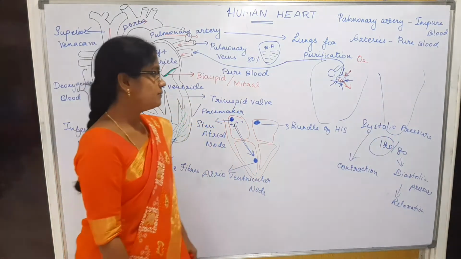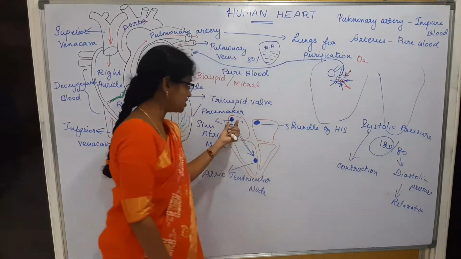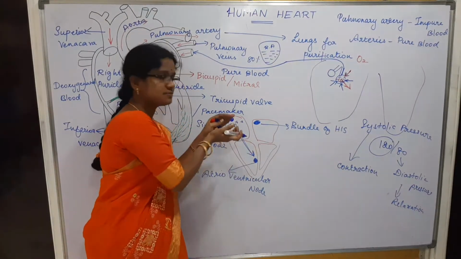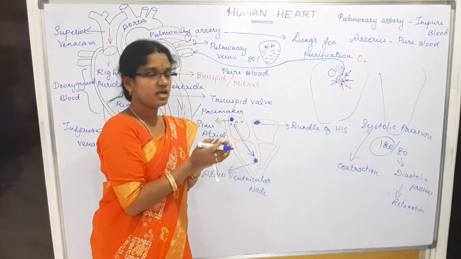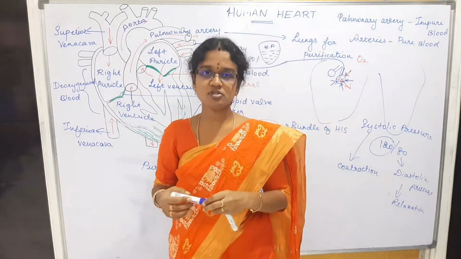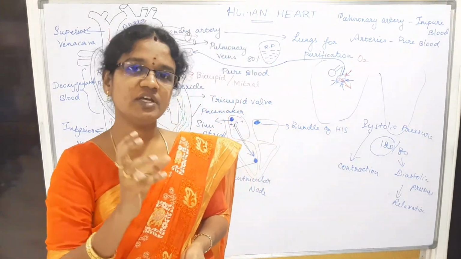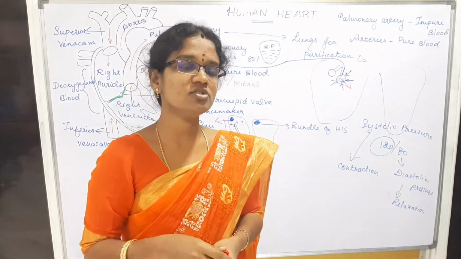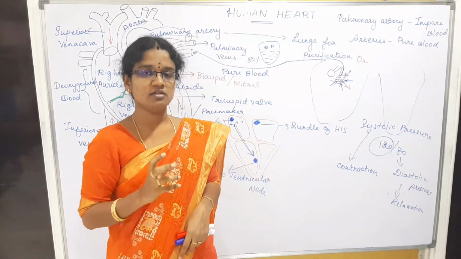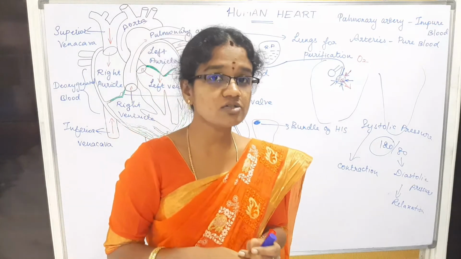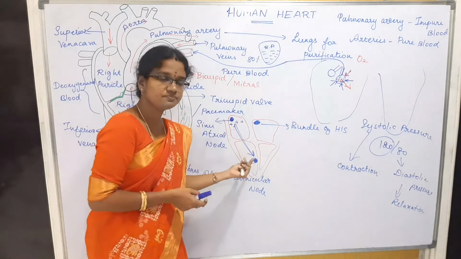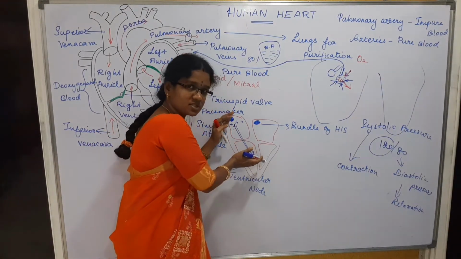Right, students? So if the sinoatrial node transmits the impulses to the atrioventricular node, the contraction takes place. That means it gets contracted. So the pressure is very high. For example, if you are feeling very stressful, you could know that your heartbeat pumps at a high rate because the pressure will be very high. If you are in a relaxed mood, the heart will also be in a relaxed mood. So the contraction will be high when the impulse is transmitted.